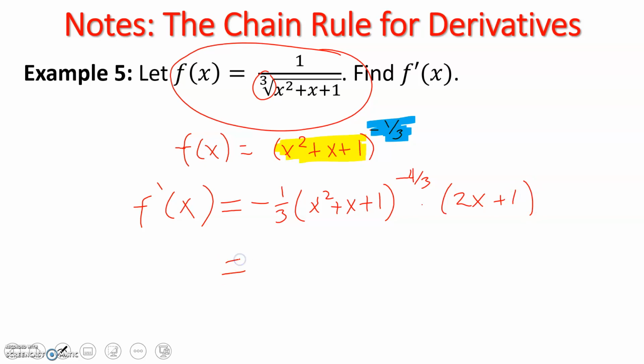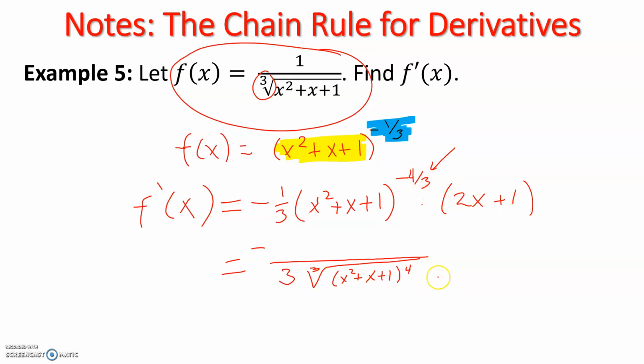Now to simplify this, let's just be really careful with what we have. So first off, we know it's going to be a fraction. We know that it is negative. We know that the denominator will have a 3 because of the 1/3. We know that the denominator will also have x squared plus x plus 1, but it will be cube rooted. So we have the cube root of x squared plus x plus 1 to the power of 4 because of that 4/3. All of this belongs in the denominator because it's negative. And then this 2x plus 1 is what's left in our numerator. So negative 2x plus 1,